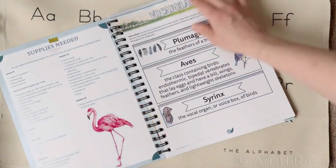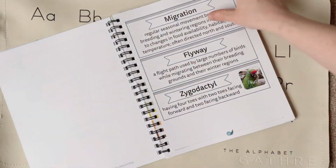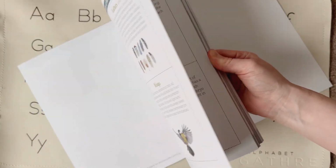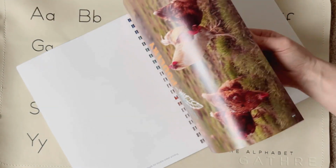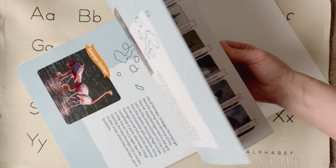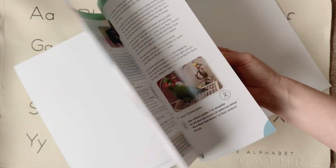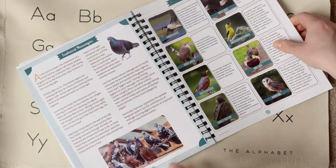So we have a very similar layout to all of their other science units, the vocabulary words, and then just this amazing detailed course and study on birds. There is so much in this course. I cannot wait to study this. We are avid bird watchers in this family anyway. We feed the birds. We have bird feeders front and back of our house, and we love it. We can't get enough. We love to spot birds. So I'm really excited for us to dive a little deeper and understand and learn more about birds in this